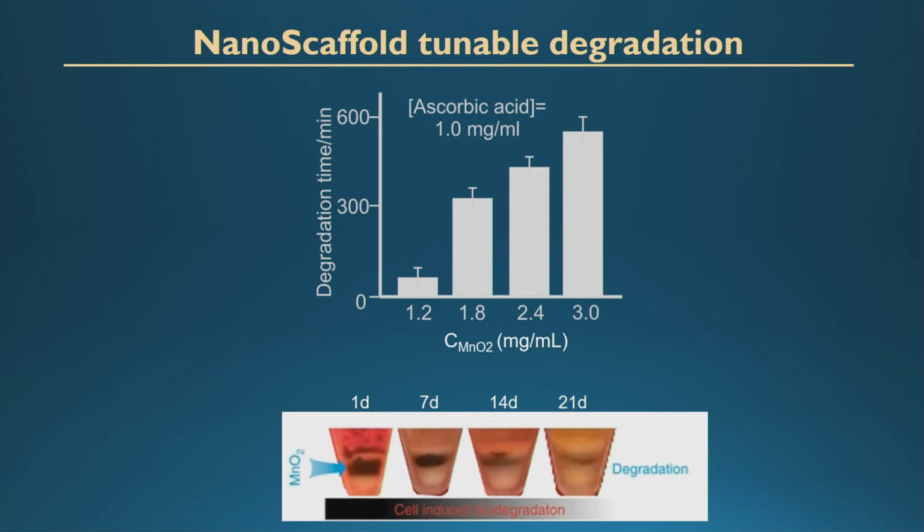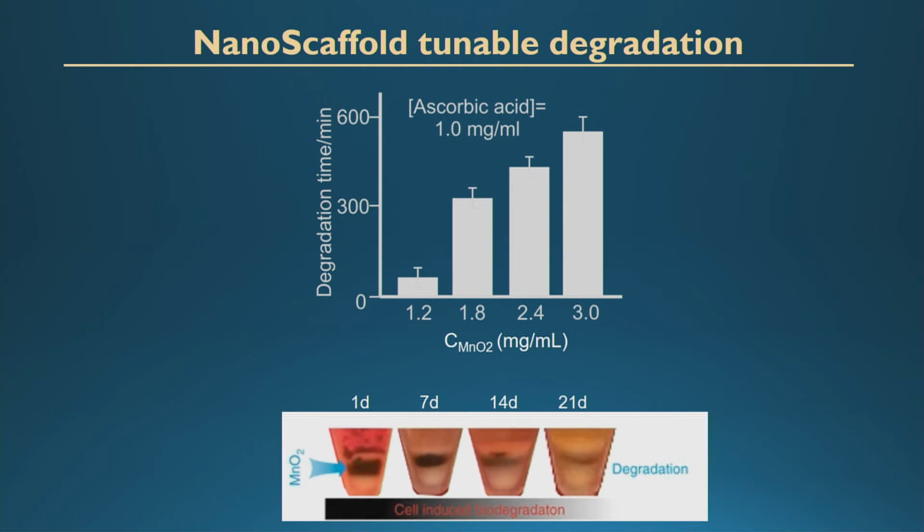As we increase the concentration of manganese dioxide, we're creating a more stable structure that actually takes longer to degrade. This is just, as I said, in an acidic solution. So to try to mimic the interaction of cells and the environment with the scaffold, our collaborators also tested degradation by culturing the scaffold. The black material here is our manganese dioxide scaffold, and they just place it in the